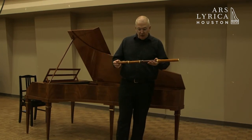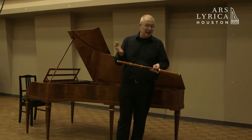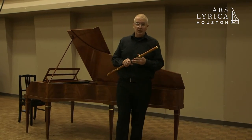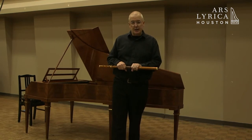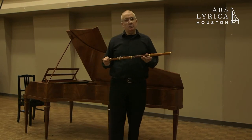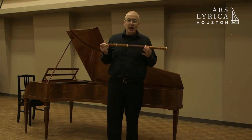So the sound and the design, other than the key work that I just discussed, are ostensibly identical to that earlier one-keyed flute. And indeed, Richard Potter did make one-keyed flutes as well, but this was definitely his most successful model, shall we say. And apparently the gentleman who commissioned one of the Mozart flute concerti had this very instrument,